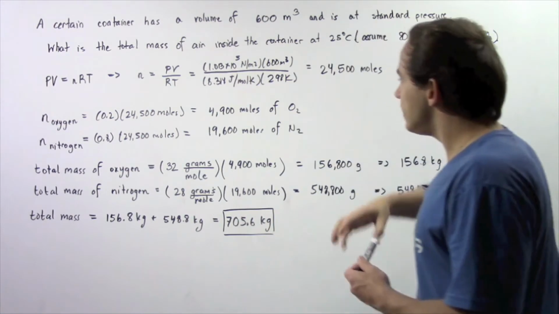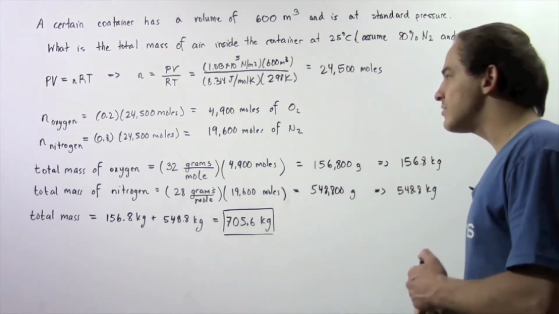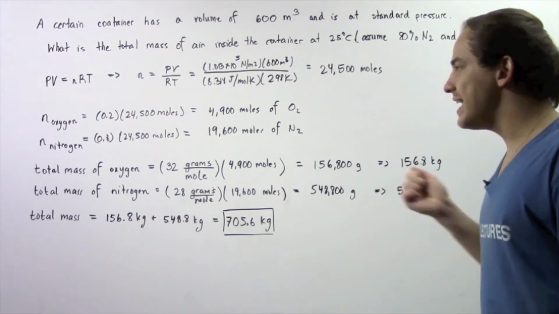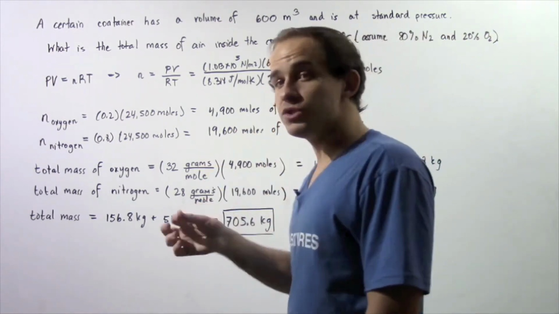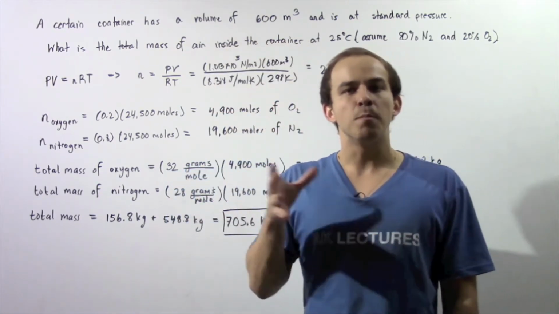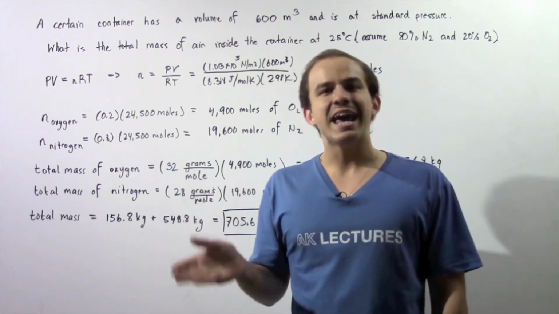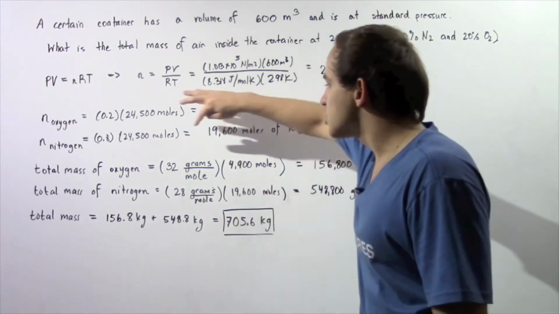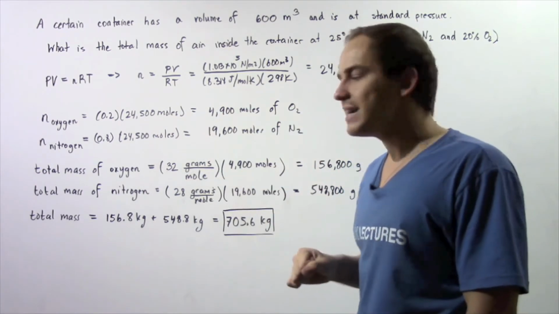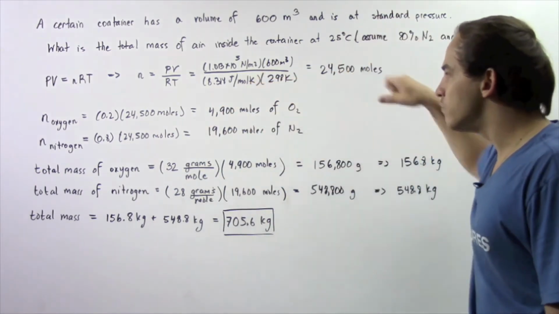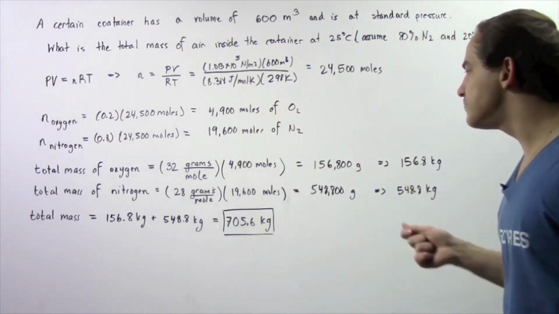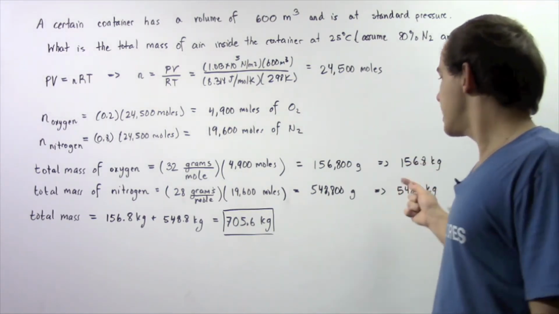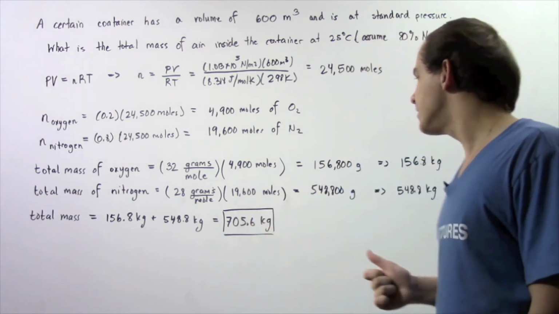Now notice that we're dealing with diatomic oxygen and diatomic nitrogen. That means if we want to calculate the total mass of our oxygen inside our system, we have to find, using the periodic table, the mass per mole of our oxygen, which is 16, and multiply that by 2, because in diatomic oxygen we have 2 oxygen atoms. So 32 grams in 1 mole of diatomic oxygen multiplied by the number of moles of oxygen, 4,900, gives us 156,800 grams of oxygen. And to convert this to kilograms, we divide by 1,000 and we get